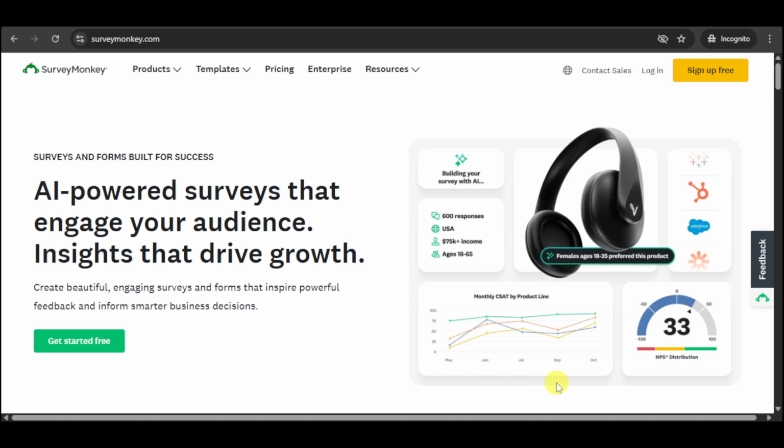In this video, I'm going to teach you how to import upload lists to SurveyMonkey. In order to do that, you first need to head over to their website, which is surveymonkey.com. From in there, you can proceed to click on this Get Started Free option in order to actually create an